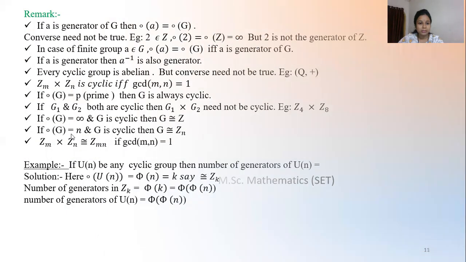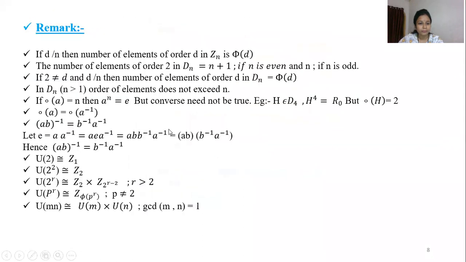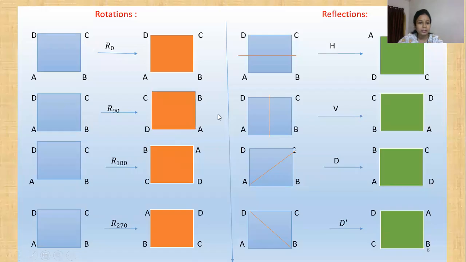Operate this, let us see this slide. Let me show this slide again. This is R90. Again, operate the operation R90 to this. What do we obtain? Here A, B, C, D, starting from A. Again, operate R90 here. We obtain A, B, C, D. That is R180. Again operate here. We obtain A, B, C, D. It is R270. Again we operate, we get the identity.